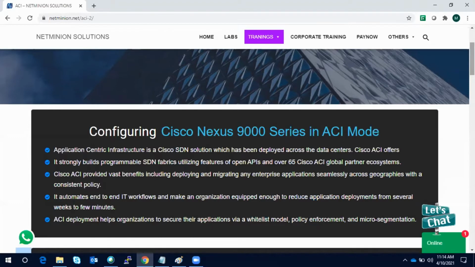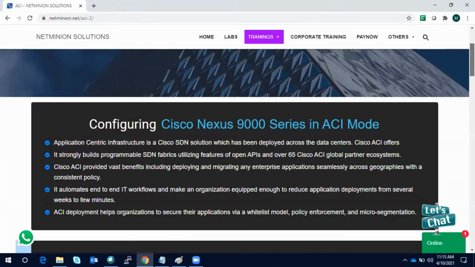Because in early days we talked about the networking component, and the application team talked about the three tiers of the application, that is a web layer, app layer, and database layer. So there is no correlation between these two towers, which are the network and the application team. But you will see that in ACI we will actually talk the application language. So we will see that in more detail.